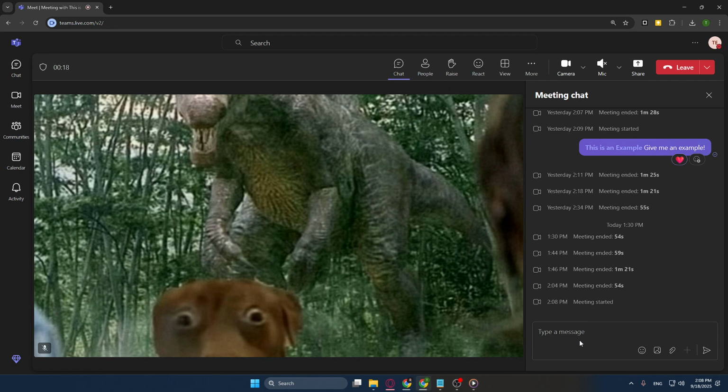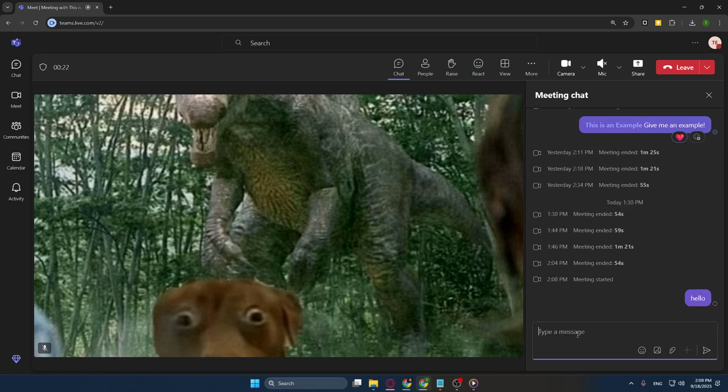The chat feature is an excellent way to enhance your communication, especially if you're following along with a presentation or if someone else is speaking. If you want to contribute to a conversation but wish not to interrupt, simply type your message in the chat box. Be sure to keep your messages concise and relevant to the meeting topics to maintain a productive and focused session. A quick tip: use the ability to send links, files, or reaction emojis to better express your thoughts, or